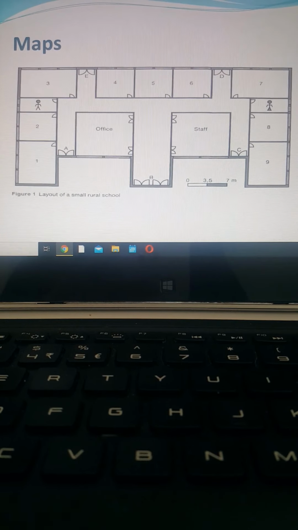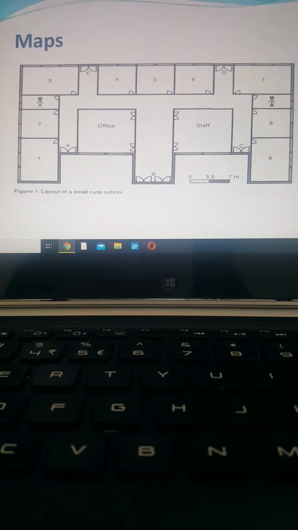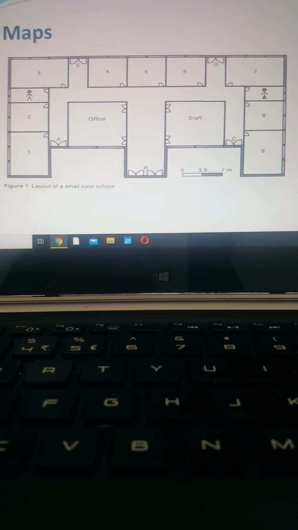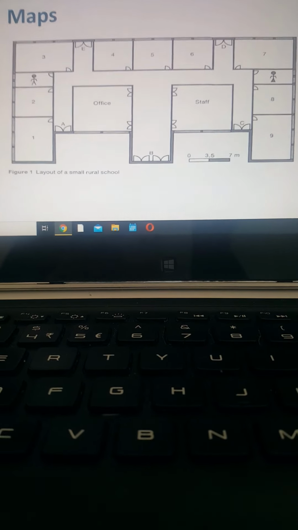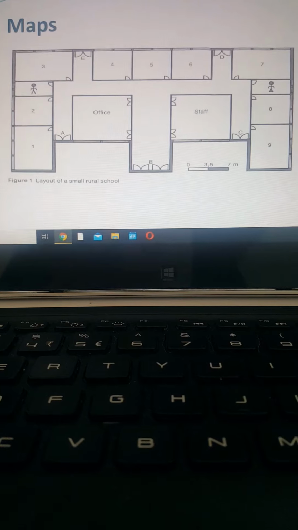This is a layout of a school. It's one of the requirements that you need to learn how to read. This is a very simple one. So maybe they can just give you a bigger question, and all you need to do is use words to just describe to a person how to